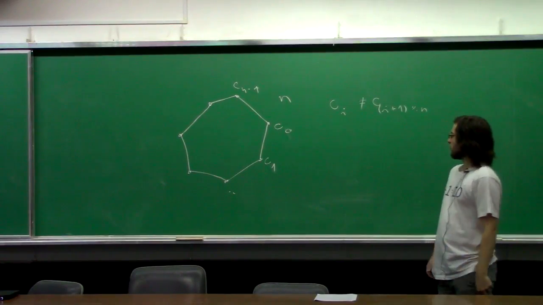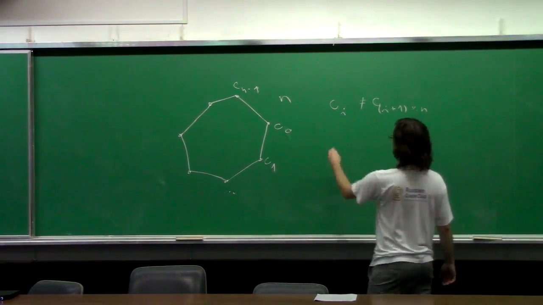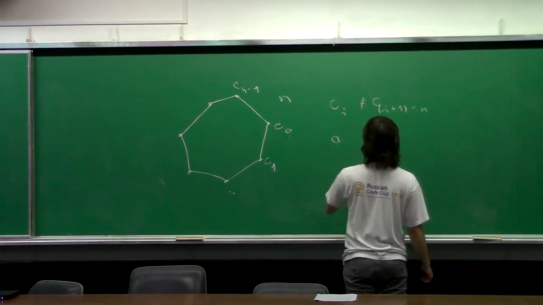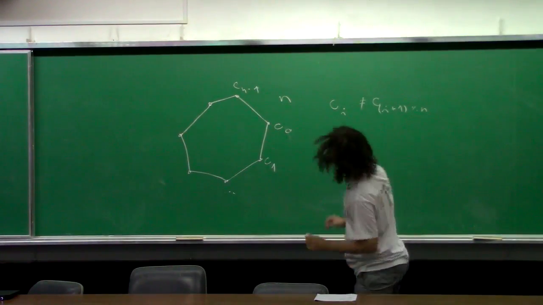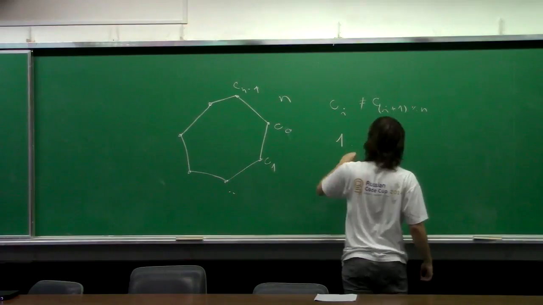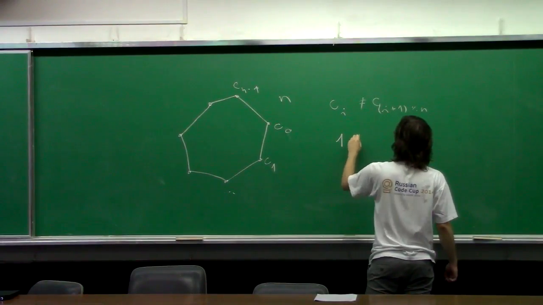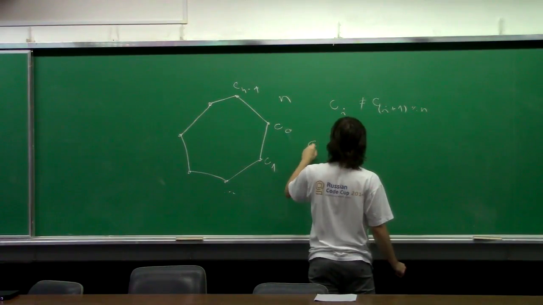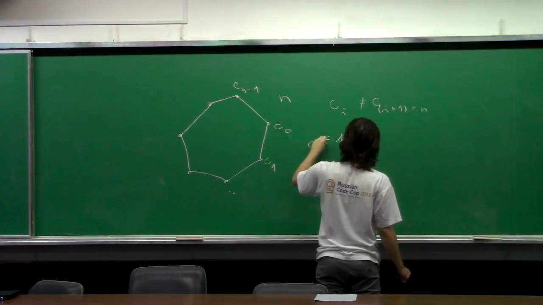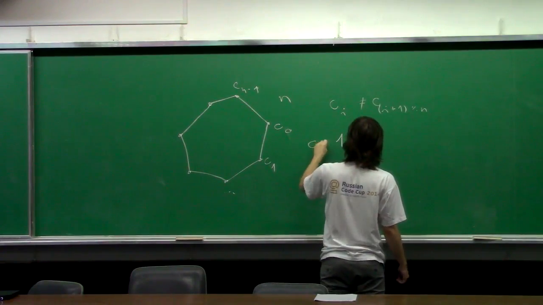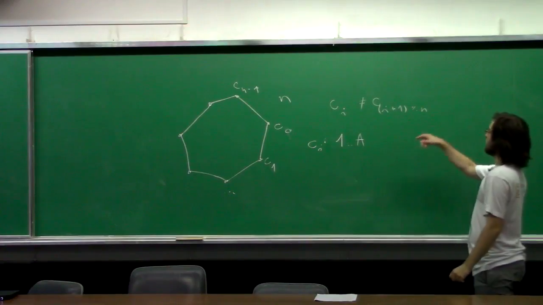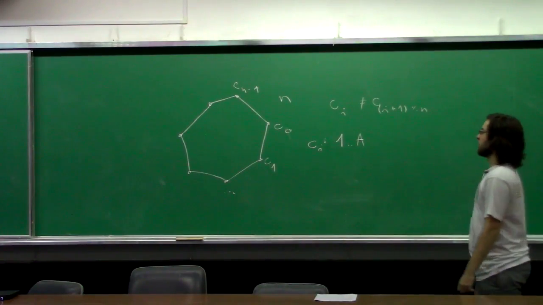And we want these colors to be from, let's say, 1 through A, so Ci are from 1 to A, and each pair